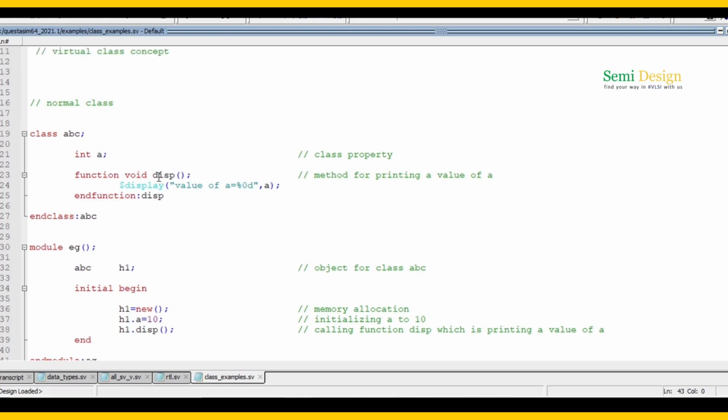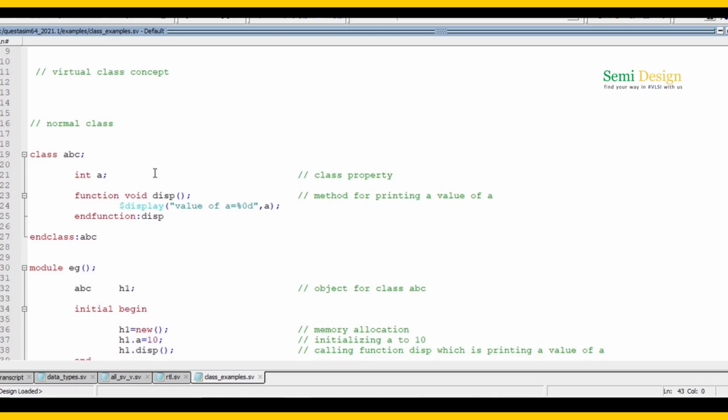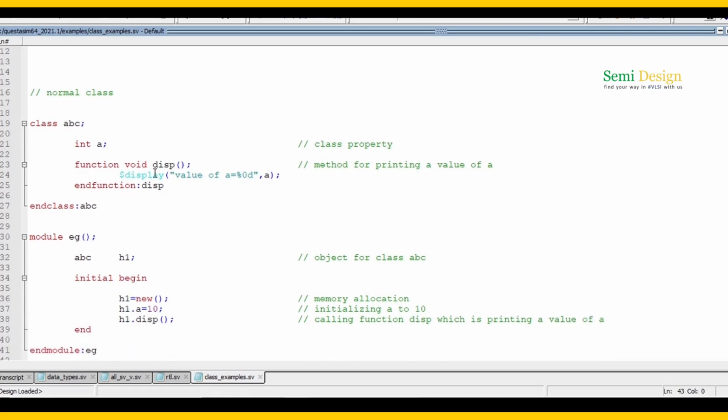Now, before moving to that virtual class concept, let me give you a little bit of information about what a virtual class is. The theory says that if we declare a class as a virtual class, then we cannot directly allocate the memory for that class.